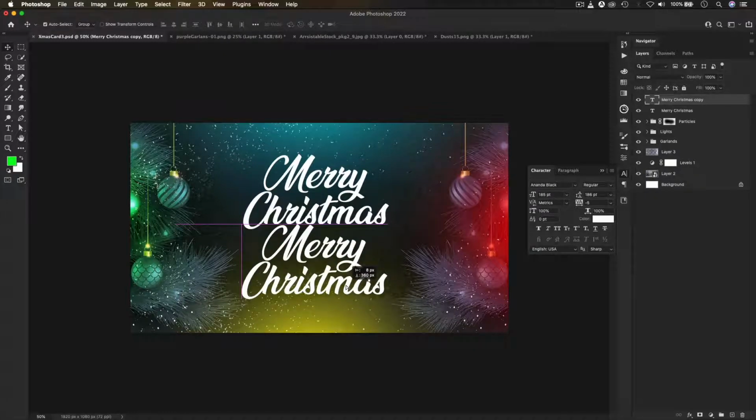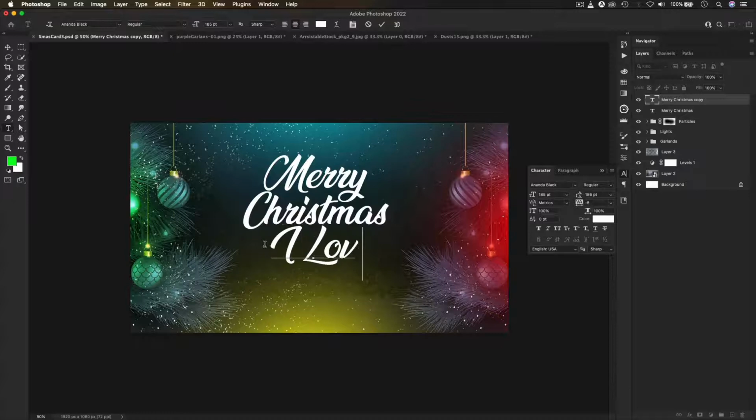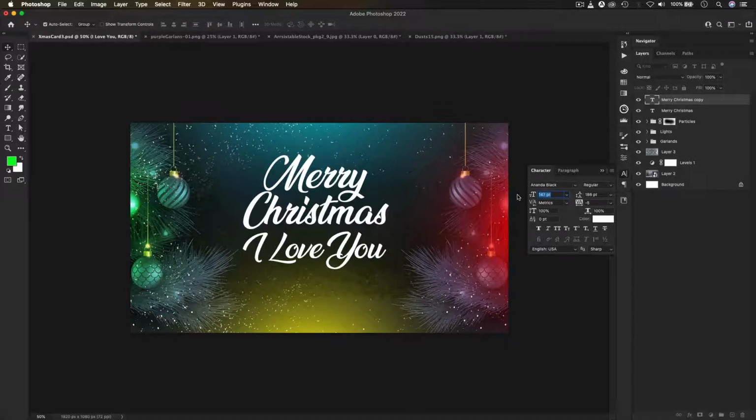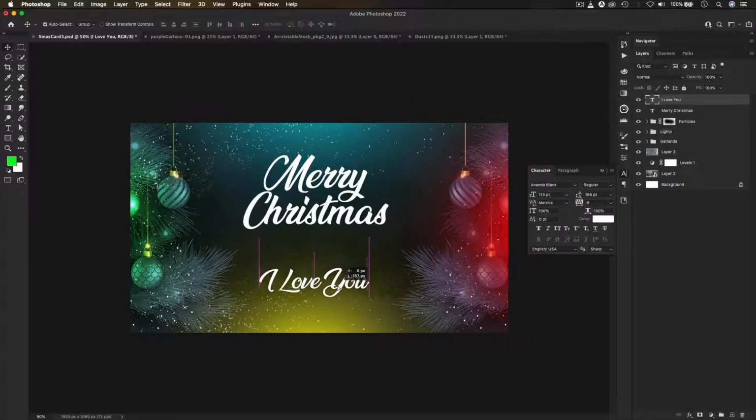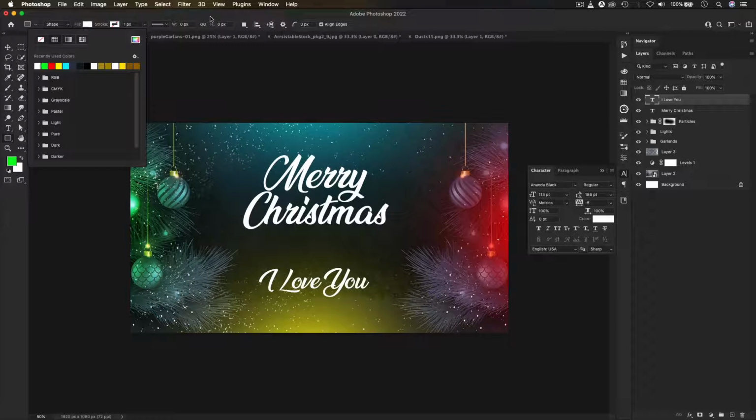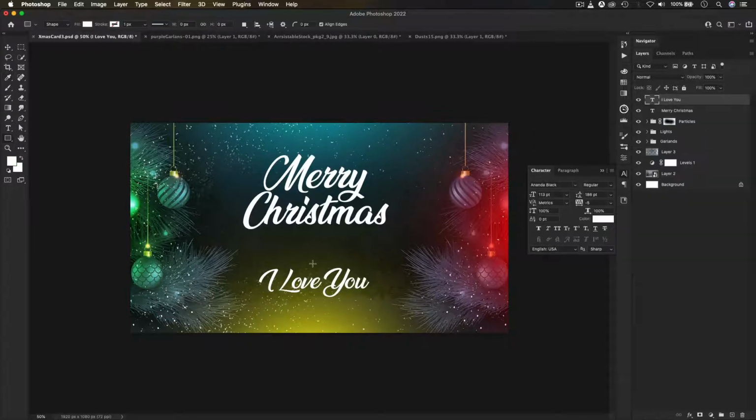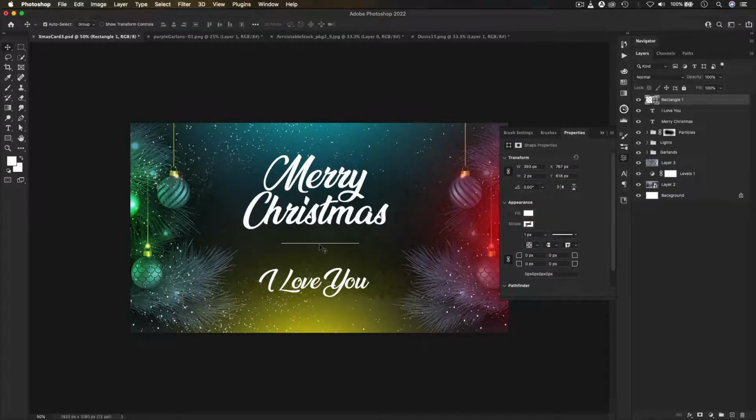I will now just get a new copy of this text. Okay, I will duplicate that text. Okay, and then I will just move it down here, and then I will also change a few things here. First of all, I will change what's written here. I will write "I love you so much" like this. I will also create a little rectangle, which will be a sort of line. Change the color to white, and then I will drag it like this. Very thin little line